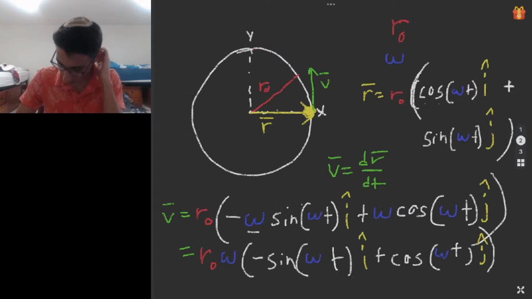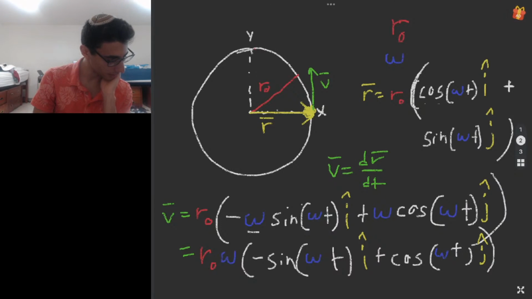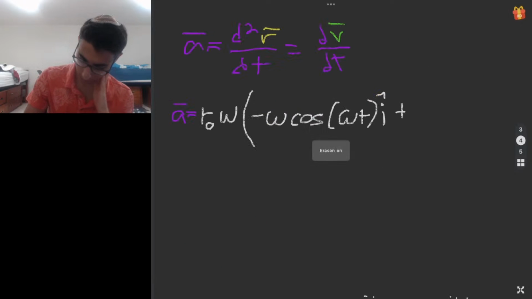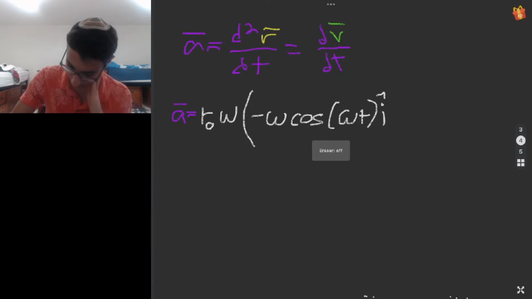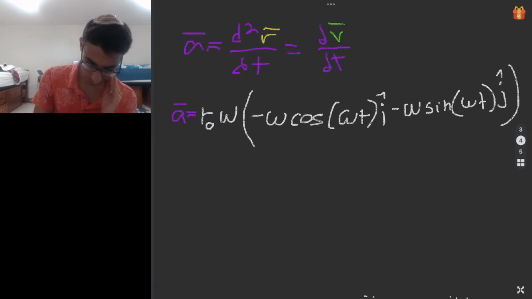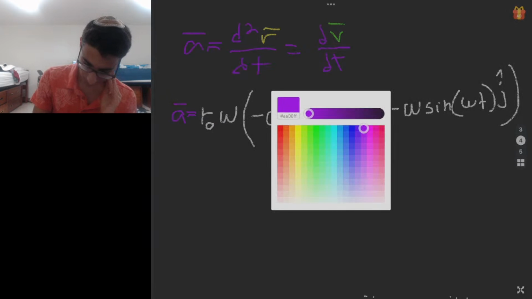And over here, what do we have? We have cosine, and the derivative of cosine is negative sine, correct? So we'll have minus omega sine of omega t, J hat. Don't forget the j hat. So that's our acceleration. Now again, we could bring out a negative omega. So that means acceleration in all of its glory